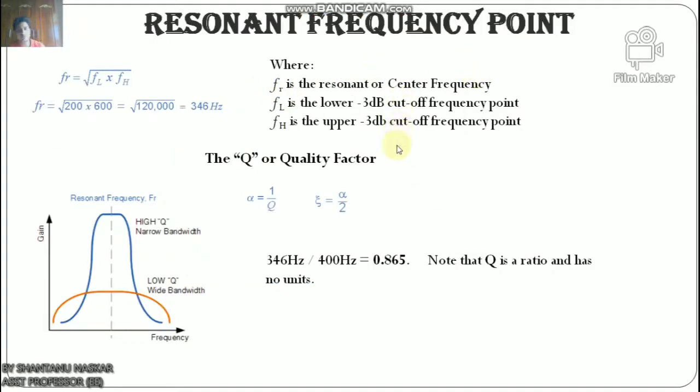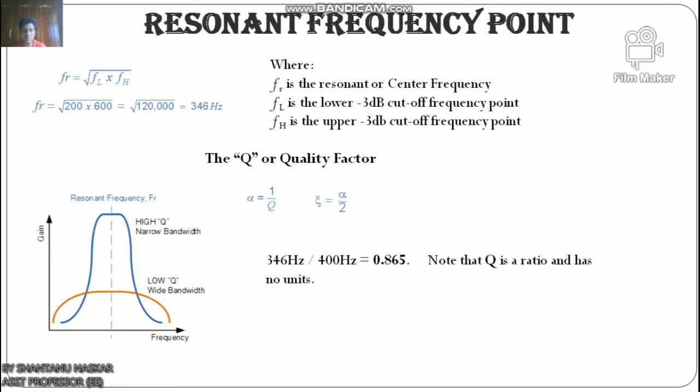Okay, now I will discuss the resonance frequency. The actual shape of the frequency response curve of any passive or active bandpass filter will depend upon the characteristics of the filter circuit, with the curve above being defined as an ideal bandpass response. An active bandpass filter is a second order type filter because it has two reactive components, which are two capacitors within the circuit design. As a result of these two reactive components, the filter will have a peak response at the resonant frequency as its center frequency Fc.